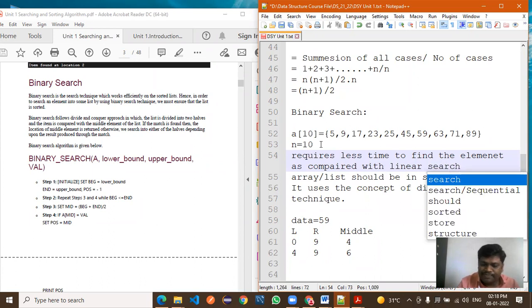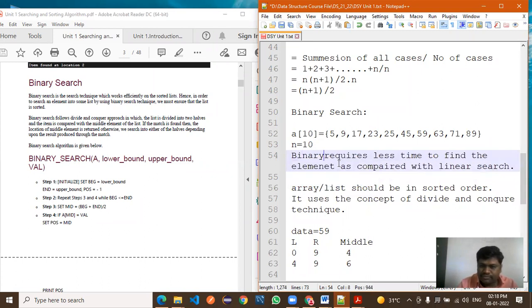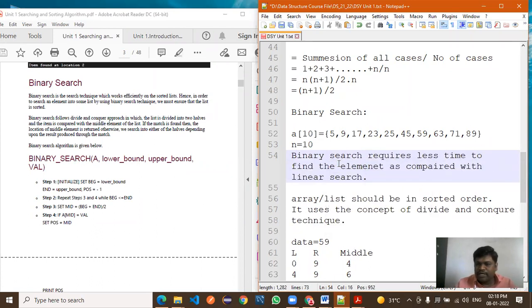Is it true? Right. So binary search requires less time to find the element as compared with linear search. Right. So this is also a very important difference. So here we have discussed 2-3 differences also.